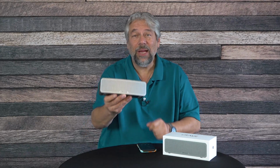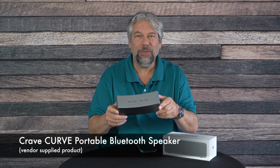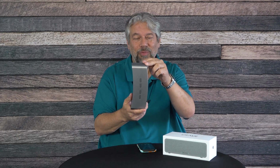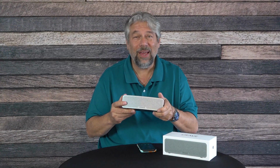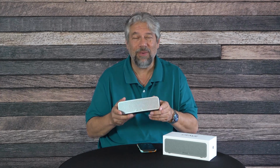Dave Taylor here, and I'm checking out this. This is the Crave Curve portable Bluetooth speaker. As you can see, it is curved, and it's actually a really nice design. It's also made out of aluminum, so it has a really nice feel to it with solid buttons. There's a lot to like on the physical characteristics here, but of course, with any of these devices, it's all